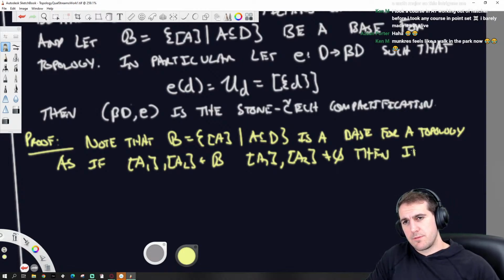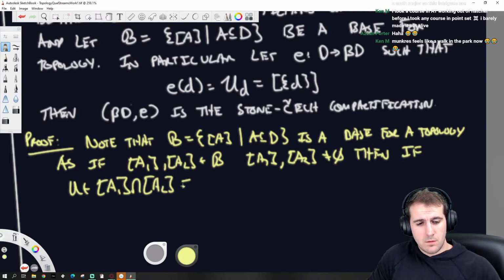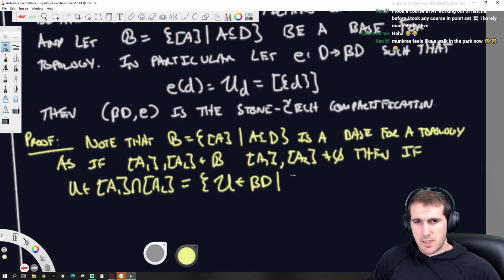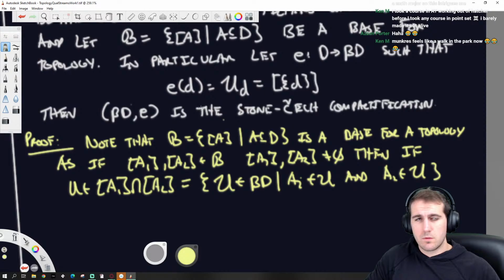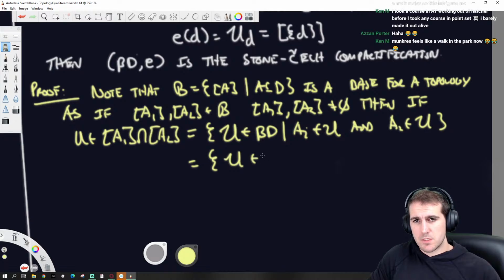Then if U is within the intersection of those two things, then this is equal to the set of ultrafilters within this collection of ultrafilters such that A1 is within the ultrafilter U, and A2 is within the ultrafilter U. Filters have the finite intersection property.